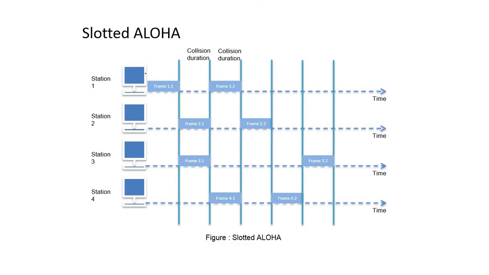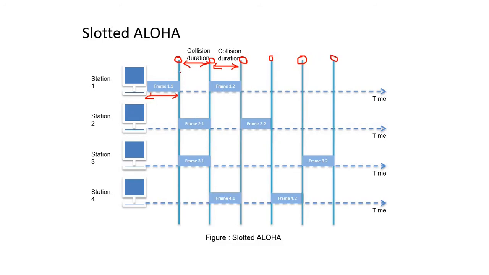Like at this time station 1 is transmitting. So no one can transmit during this portion. Get it? Now at this point, that is a starting time for the transmission, so anyone can transmit at this time. Same thing, after completion of this time period, again no one can transmit during this time slot. The next one can transmit at the next time slot. Same thing, in between no one can start transmission. They have to wait for the next time slot. So these are the starting times. Only at this time can any station start transmission.